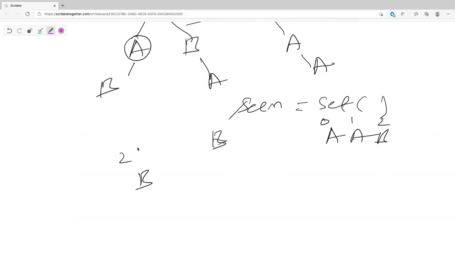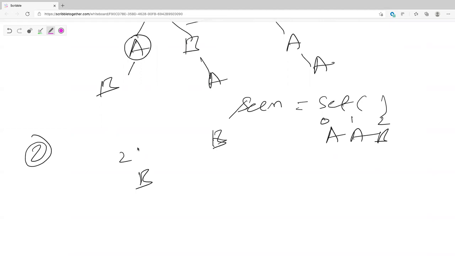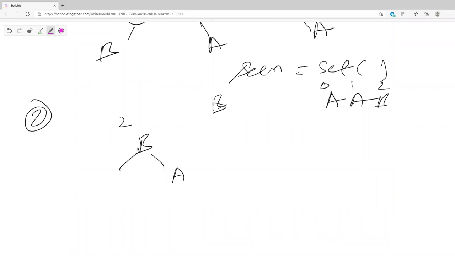Now what is your next? What are you passing down? Your index. Okay, I pass in my index 2. Now what? In that case, how do you handle that? So how do you figure out that you have to generate A now? Okay, so you need to remember what you have taken on the top also. So you need a visited or seen set, something like that. Is that clear to everyone?